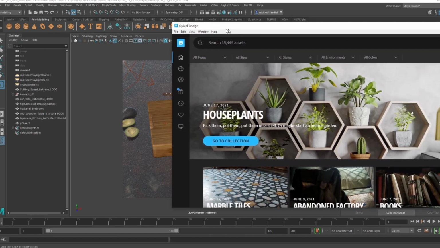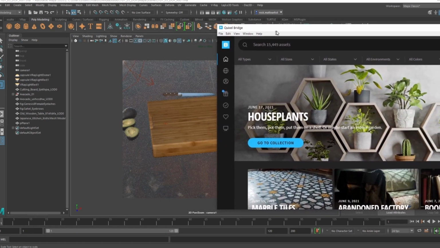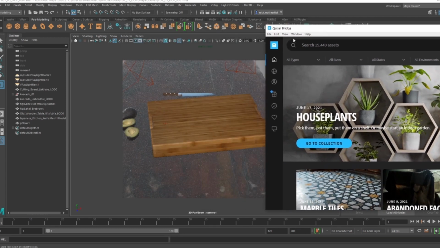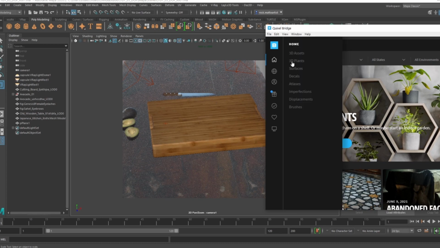these assets. So maybe we want to introduce some other fruit, or maybe even a bowl to put some fruit in, just some other items to kind of fill out the scene. That way we can maybe play around, move the camera around a bit, and get some nice focus in the